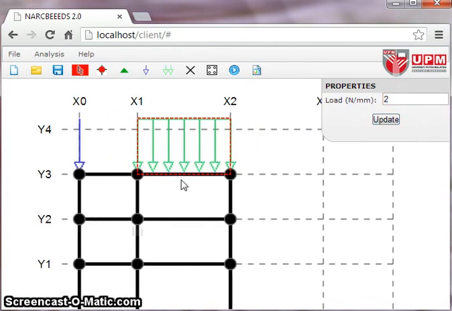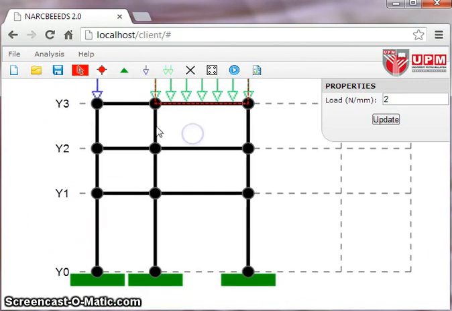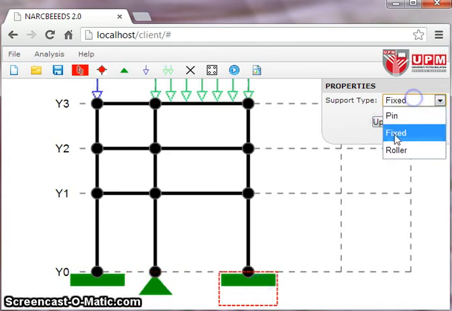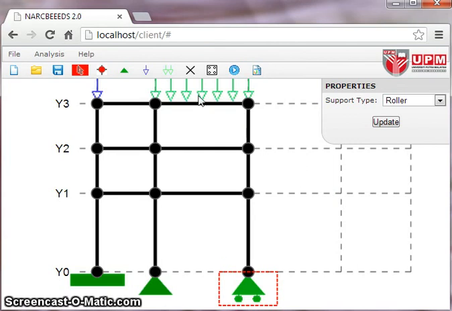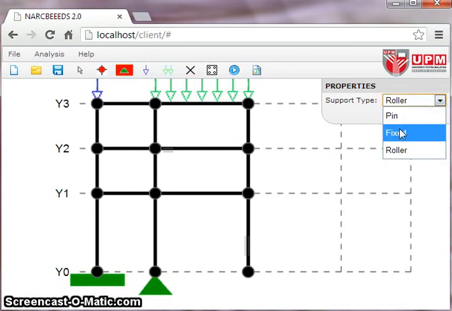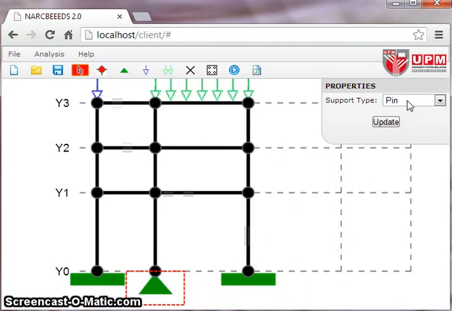So I've just shown you how to edit, add and delete different elements from your model. I didn't show you how to edit a support, so you can select a support and change its type to, let's say, pin. Let me just create a roller over here, update, or I can delete a support if I want. Let me just add that again. Let me just edit that one again and click update. Okay,